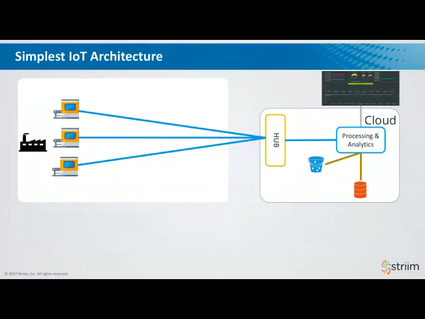For a start, not every device you're interested in is IP. It doesn't speak IP. It doesn't know internet, right? There's a lot of legacy devices out there that you want to be able to connect into this type of architecture, but how do you manage that? How do you turn them into internet-enabled things? And the other thing is maybe you need to react fast. You're not going to be able to react fast if all of your processing is in the cloud. So two of the things we're trying to solve here aren't solved by this architecture.